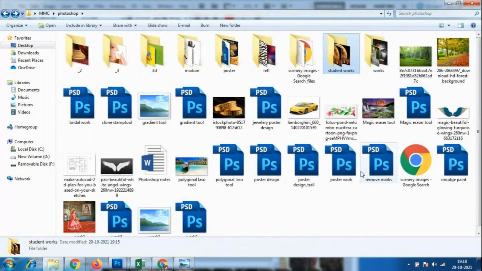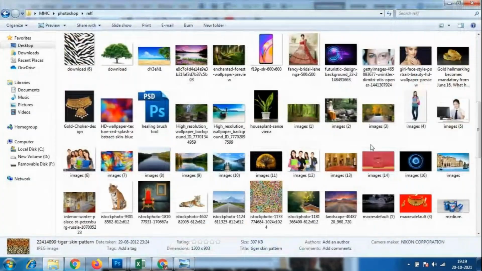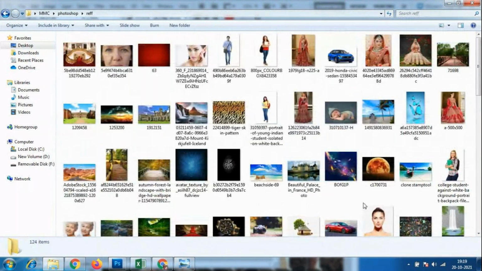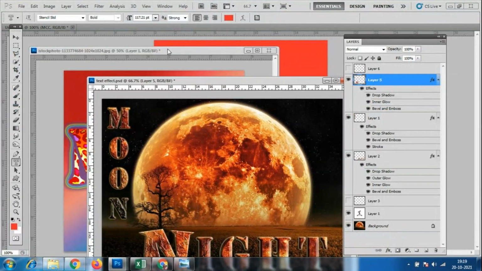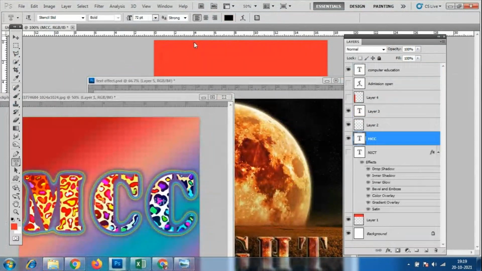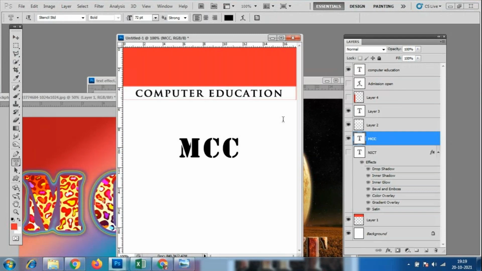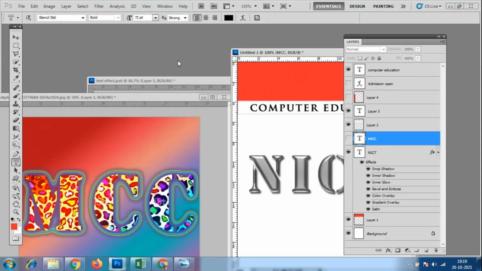You can search for zebra texture, or any sparkle textures, anything, and you will get the textures, and using those you have to make the masking. It is very simple. You can first try typing like this, and see whether you can add textures or not. Try to do something like this.